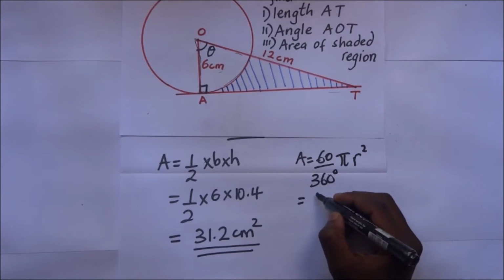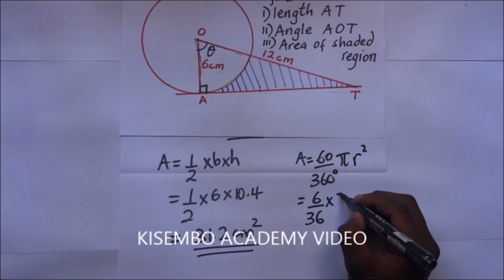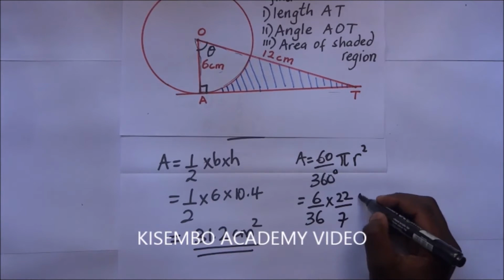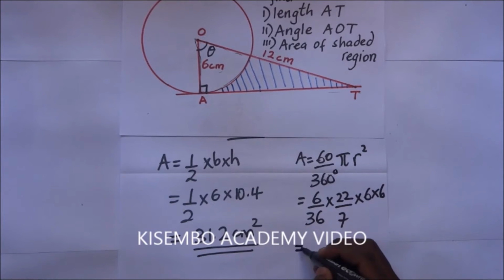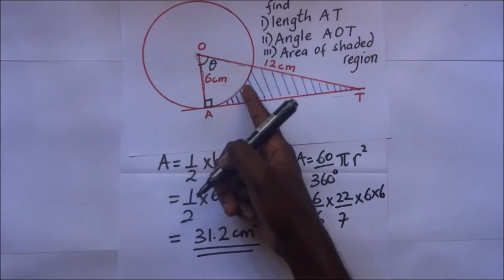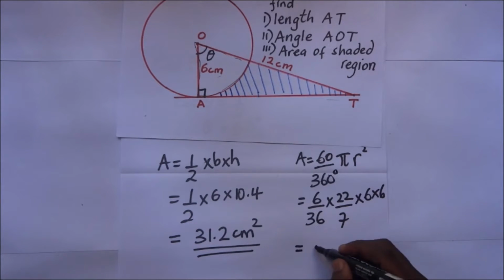So that's going to be 6 over 36 times 22 over 7 times the radius, which is 6 times 6, r squared. So we find that the area of this sector is going to be 18.85